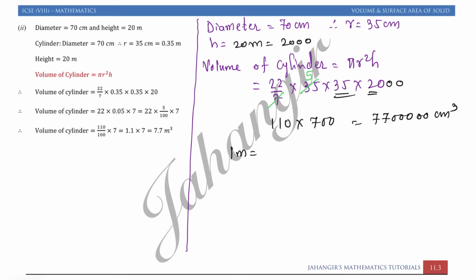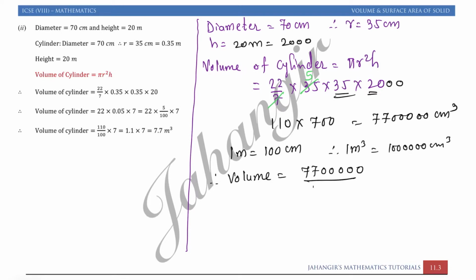Now if you want, you can convert into meter cube also. So 1 meter is equal to 100 centimeter. Therefore 1 meter cube is equal to 100 into 100 into 100 centimeter cube. So you have to divide by 6 zeros. So therefore volume, if you want in meter cube, that is